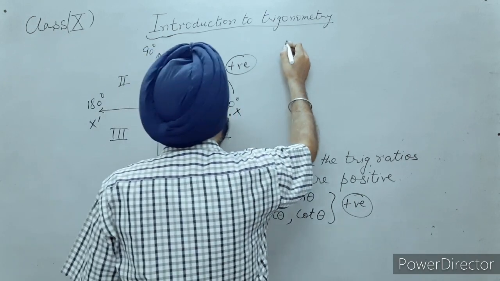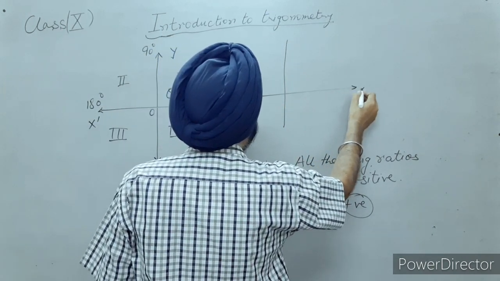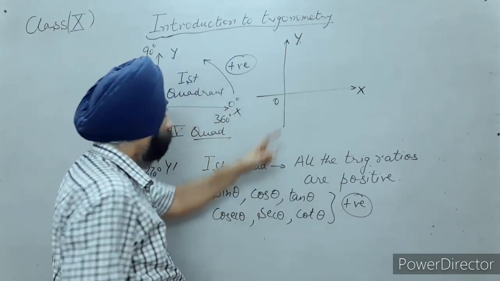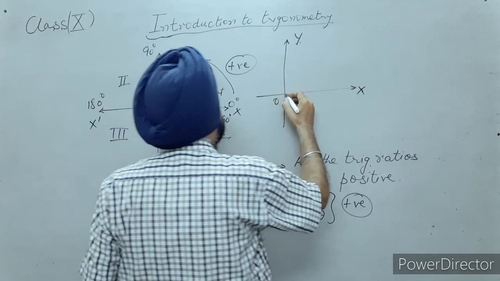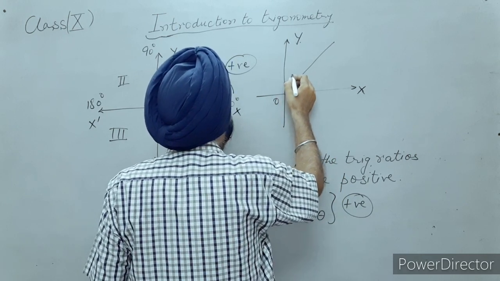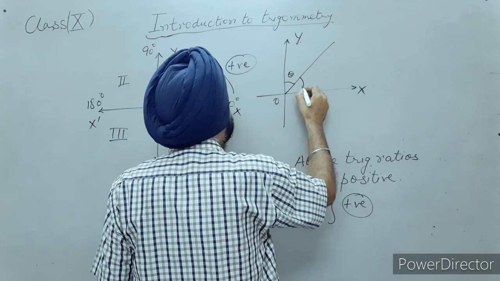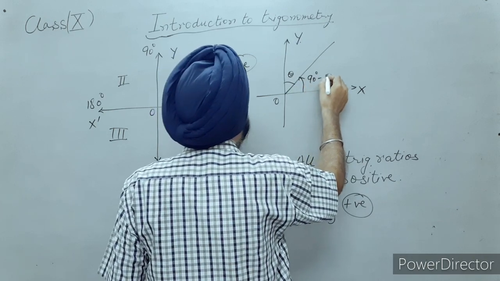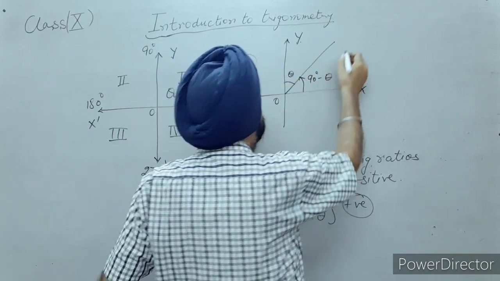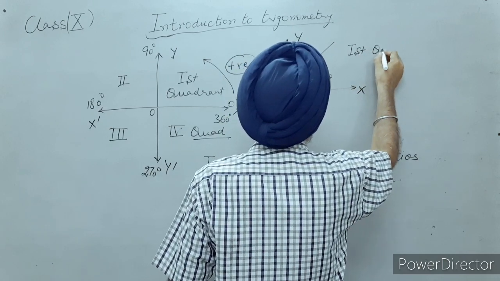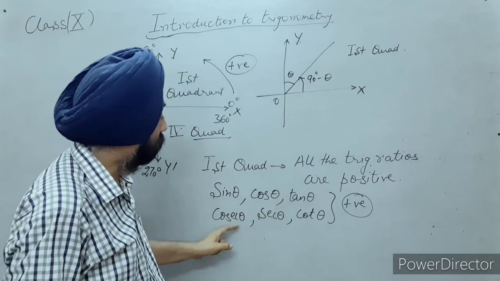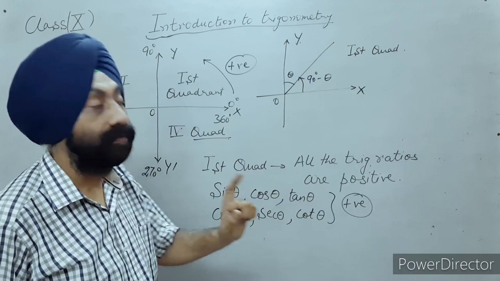The first quadrant, I will represent it again like here. This is the x-axis, this is the origin. This is the y-axis. Now, this angle is, say, theta. The remaining angle will be 90 degree minus theta. Right? Now, where is my line? The line is in the first quadrant. In the first quadrant, I told you all the trigonometric ratios will be positive.